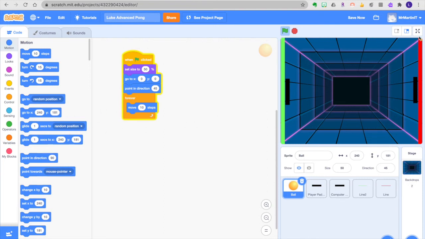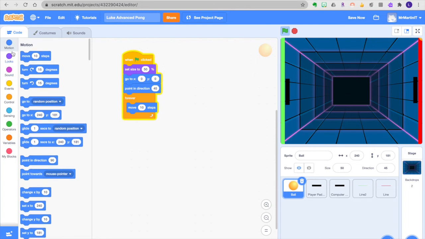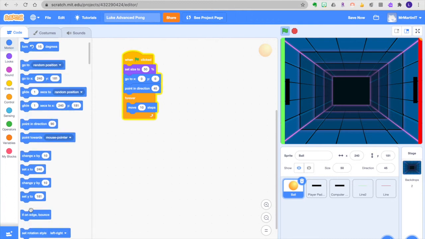This is the entire game space of our game, so if it hits it, it acts a little bit funny. So we're going to go ahead under motion and we're going to look for a command that says "if on edge, bounce." And we're going to go ahead and add that inside the forever loop. Now you can see automatically as it hits that, it's constantly moving 10 steps, but it's also checking to see